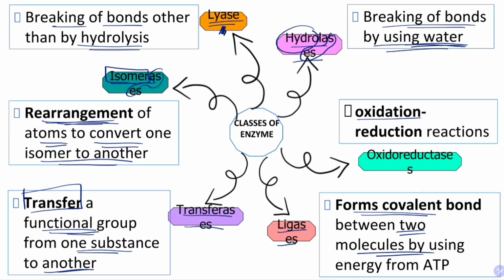Lastly is oxidoreductase, a class of enzyme that can conduct oxidation and reduction reaction. So basically, enzyme yang akan buat redox reaction. Okay, again, you should be familiar with this reaction since awak dah belajar dalam masa sekolah menengah dulu dan juga semasa dalam subjek chemistry. So for the oxidoreductase, dia adalah enzyme yang akan buat both reactions simultaneously, which is oxidation and reduction. Okay. So for most of these classes of enzyme, kita akan tengok balik semasa chapter 5 nanti, iaitu